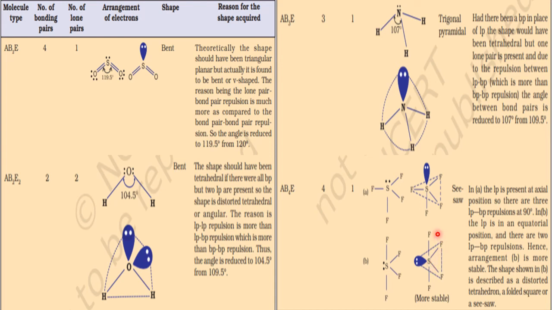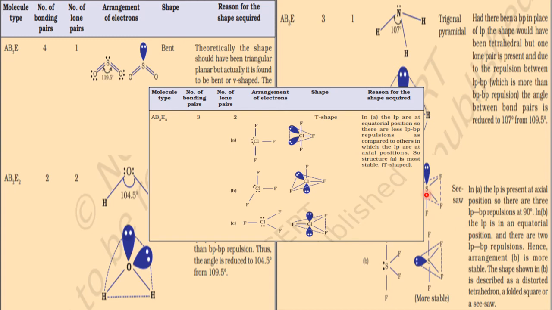And this is called what? Seesaw. It wants to be like a trigonal bipyramidal. See, this is a triangular shape, one above, one below, and if you join these vertices of the triangle to the upper fluorine and the lower fluorine, it looks like a trigonal bipyramidal. But due to the lone pair, it is happy with what? Seesaw. What is a seesaw? Like that, it is like a seesaw. So that shape it is happy with. We can say from a distance it looks like a trigonal bipyramidal, but actually it is a seesaw structure.